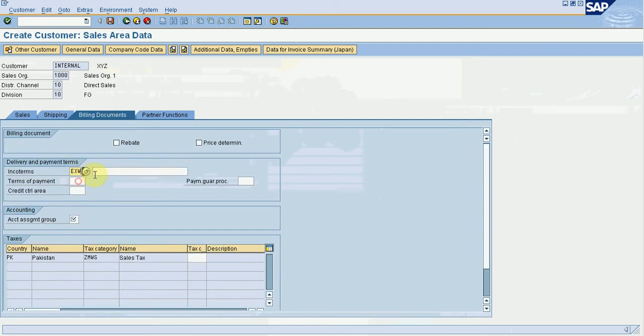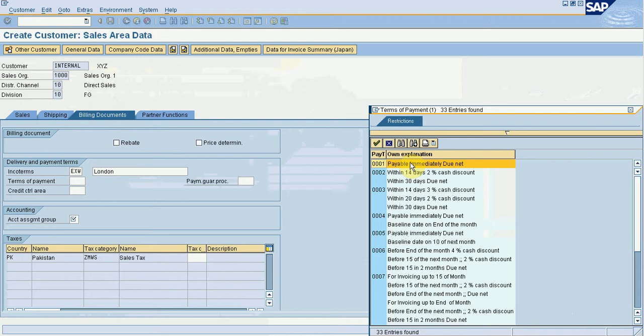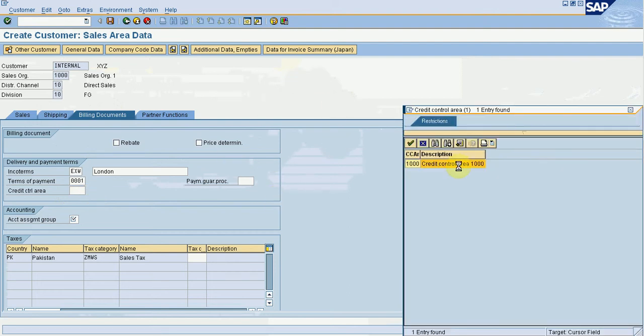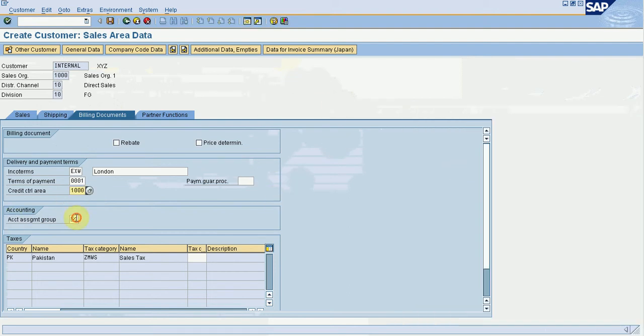Incoterms, EXW. Terms of payment, we have to maintain terms of payment both at customer code level and at sales area data level. Credit control account, if the customer is assigned to credit or some credit account assignment group,